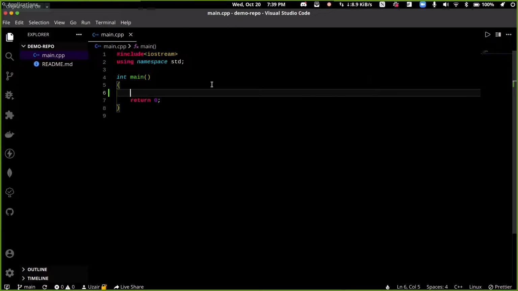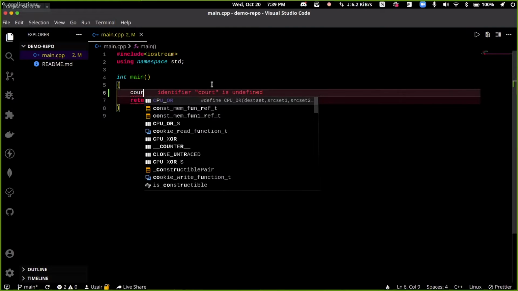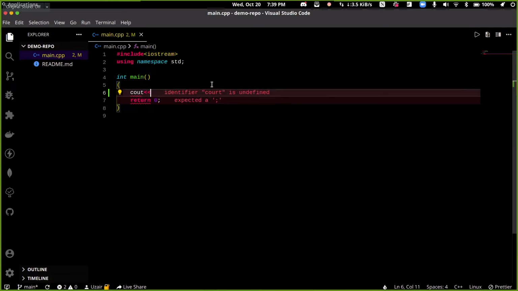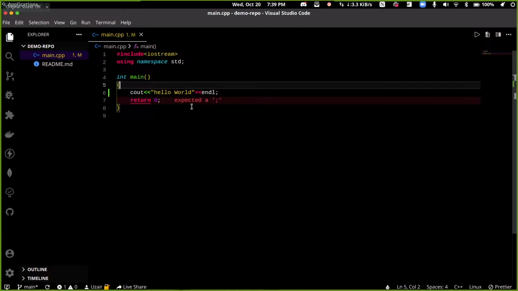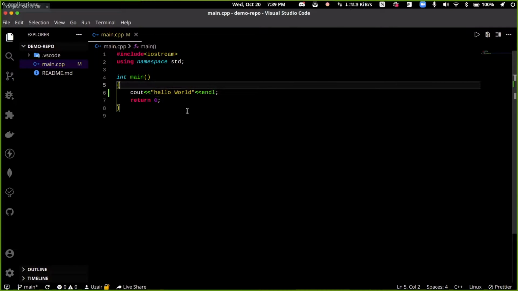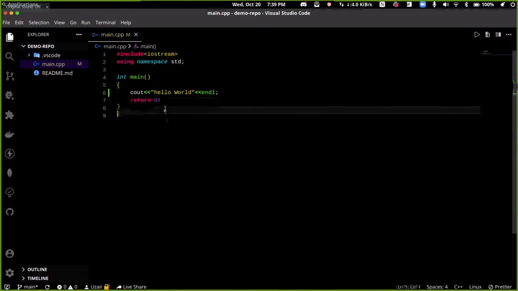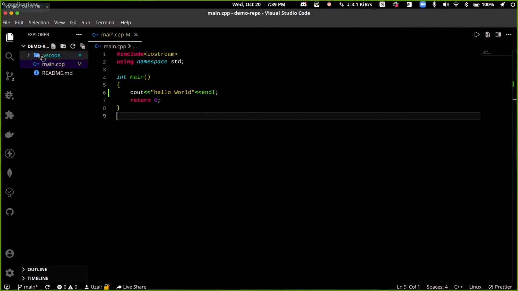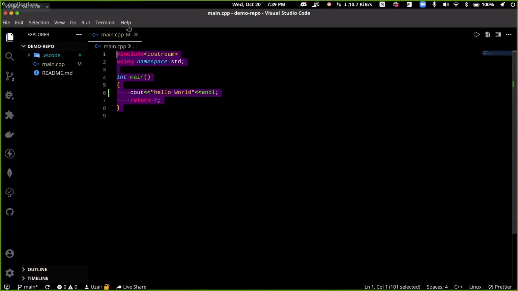So if I want to make some changes, like cout hello world, or something like that, any changes I make. Now these changes are made in my local repository. See, there's a folder called .vscode that has also been made automatically by Visual Studio Code. Now these changes are being made in my local repository.